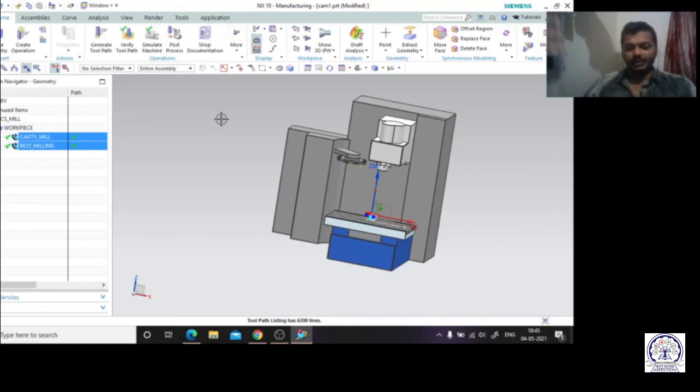Okay, and mostly it is used in so many operations just like sheet metal operations, core cavity extractions and the machining process. So we are generally using it in the NX software. So it is having a large amount of applications in the mechanical field. So I hope you have understood it properly, and thank you all of you.